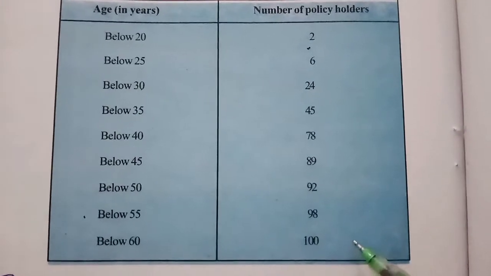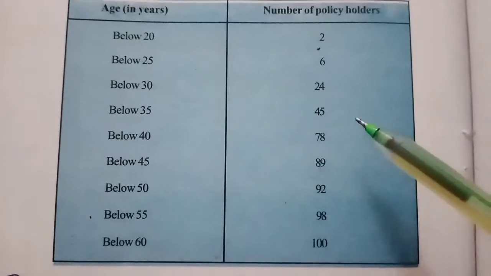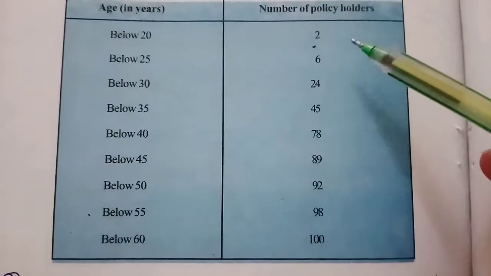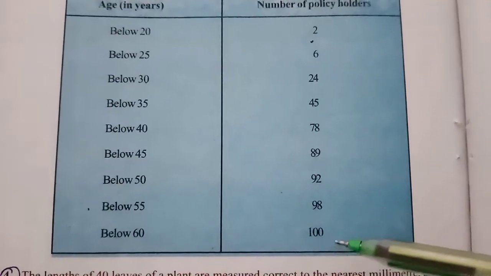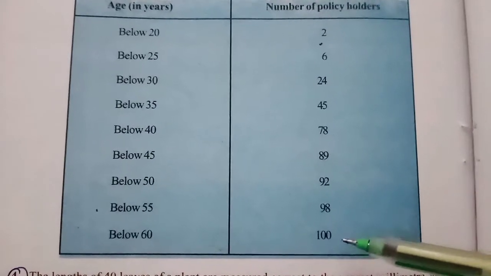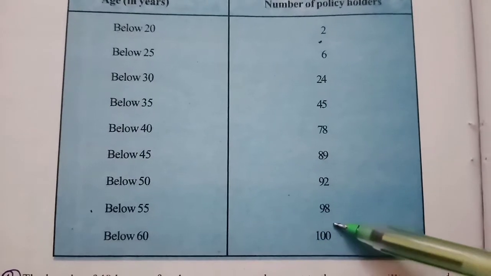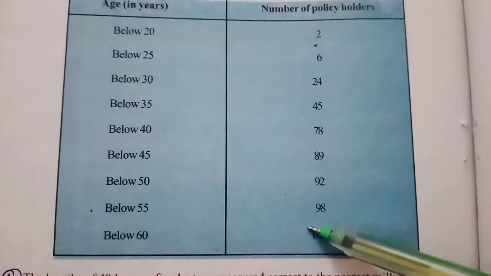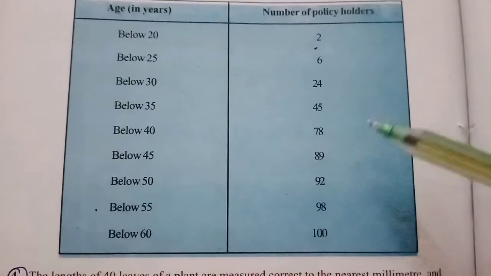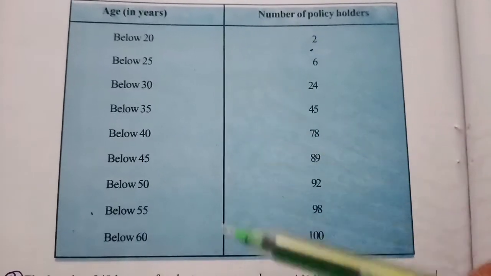You should understand whether the given data is F or LCF. So this has given the number of policy holders, but you should identify whether it is F or LCF. Now tell me whether it is F or LCF. Yes, it is LCF. Why? Because the total number of observations already given in the question, 100 policy holders, is at the last value of this column. So this will become less than cumulative frequency, and frequency is missing here.